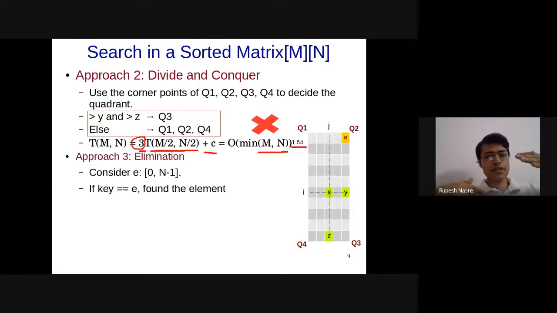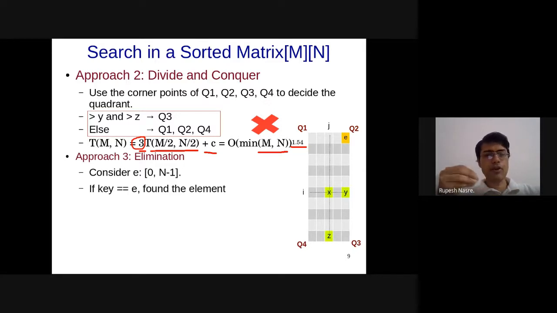So if m is larger, then n by 2 to the power k will reach 1 first. And therefore, assuming in this case that n is smaller, I'll reach n upon 2 to the power k equal to 1, and therefore k is equal to log n to the base 2.